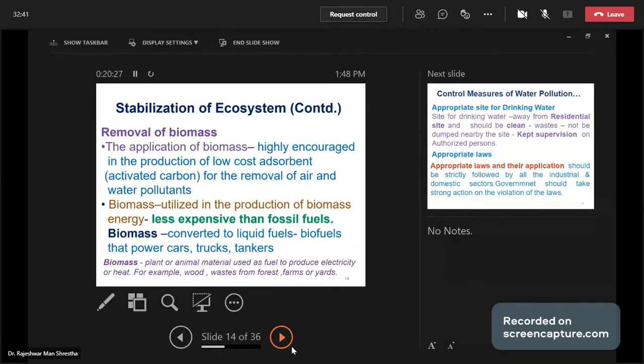And next, biomass is utilized in the production of biomass energy, which is less expensive than fossil fuel. Biomass is converted into liquid fuel like biofuel that powers cars, trucks, and tankers. From biomass we can produce biofuel, like from the rubber plant, and biomass, plant or animal material, is used as fuel to produce electricity or heat. For example, wood waste from forest, farm, and yard can be used for the production of activated carbon or